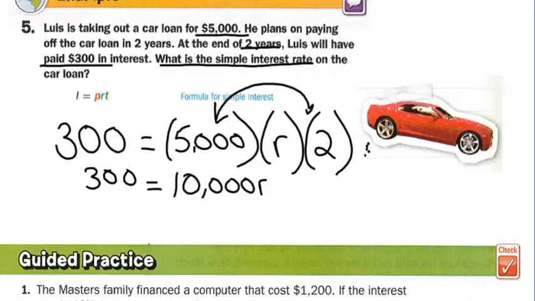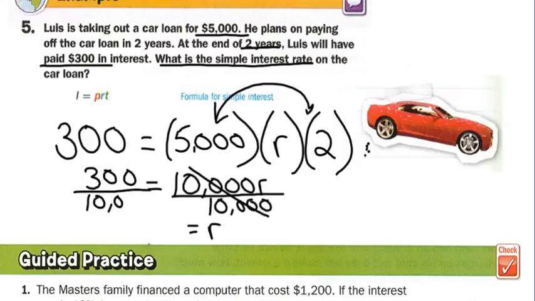Well, now look at this. This looks like a regular old one-step multiplication equation. We can do this. We're going to do the inverse operation that's happening with R. So since we're multiplying 10,000 by R, we're going to divide by 10,000 so that they cancel out. That means we're going to do 300 divided by 10,000 as well. And when we do 300 divided by 10,000, that gives us